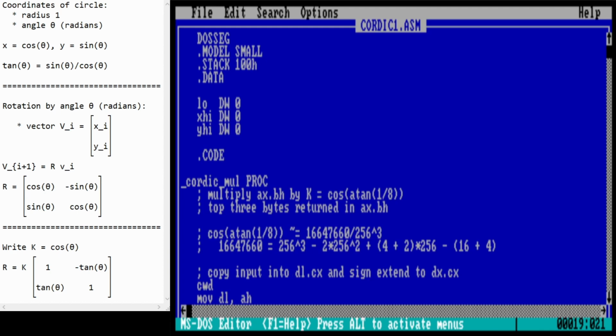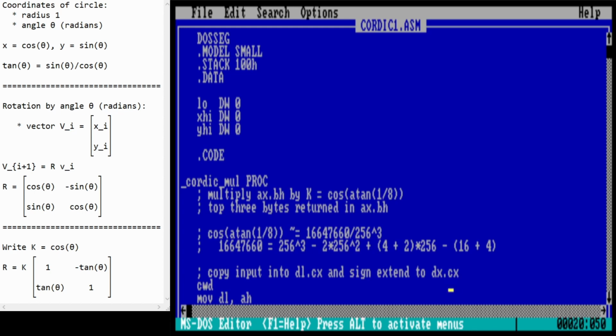And so if I did 8 of those, I'd end up with all ones in the top byte, which is going to be my DH register. But of course, doing a shift right by 8 bits using 8 SAR instructions is pretty inefficient. It'd be much easier just to copy all the bytes into DLCX and then handle DH separately. Basically, all I need to do is just set DH to all ones if the input was negative. So at the end of the day, what I end up with is a sign extended copy of AXBH into